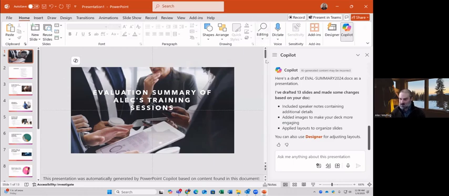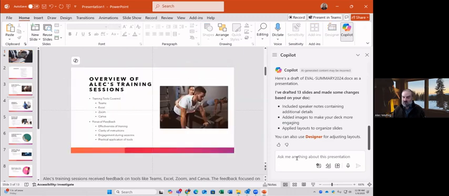If you have to build presentations and you have a document or you have an idea, use Copilot to go in and give you a starting point, because then you can go in here and make adjustments. I can even ask Copilot to now add a slide about something in particular, or add a picture showing something, and it will add a picture in there. So Copilot is part of my presentation building process now.